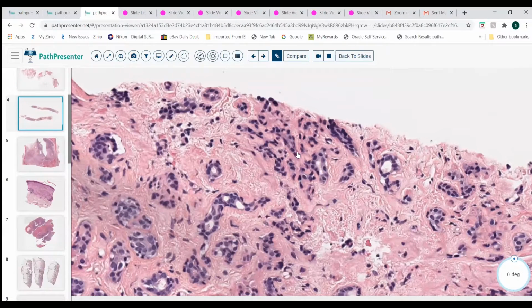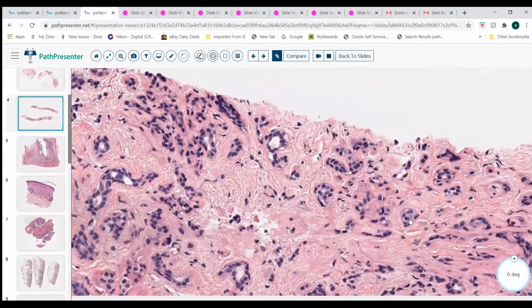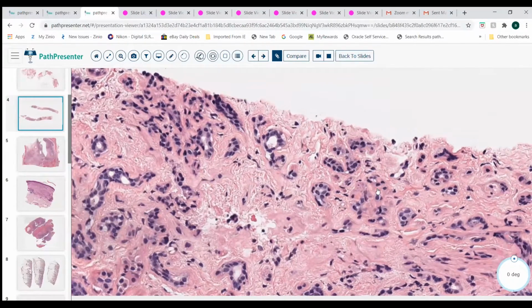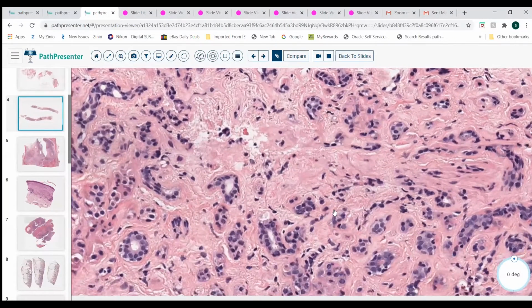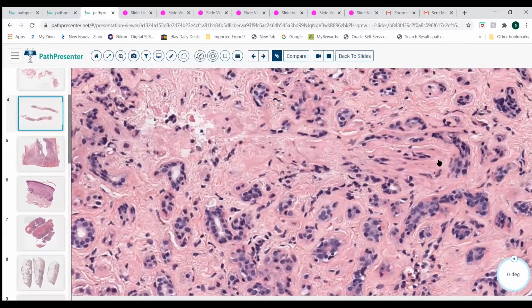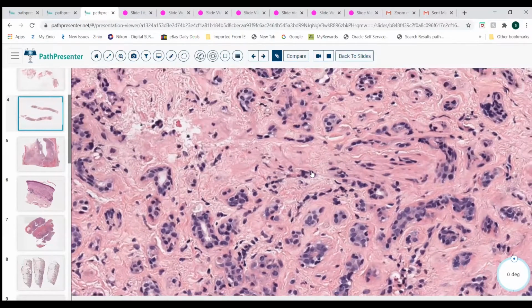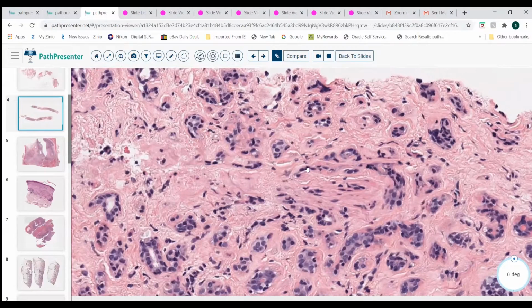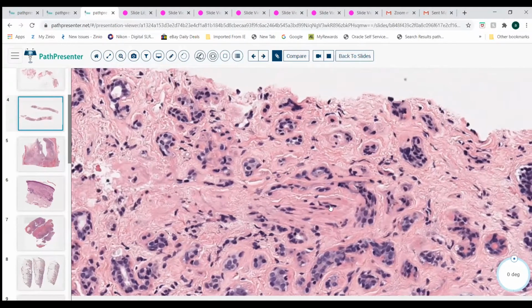So basically, you start to see some glands here at the periphery where you do not really see a lumen. And this is a phenomenon that you can see a little bit here. As you go more peripheral, you can see the glands becoming a little bit of a slit-like glands, like the ones that you tend to see in